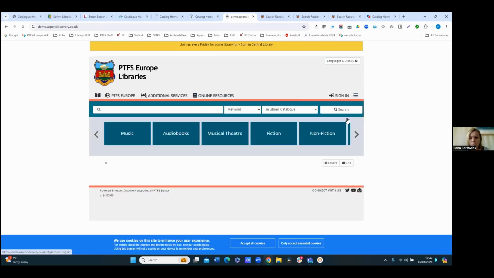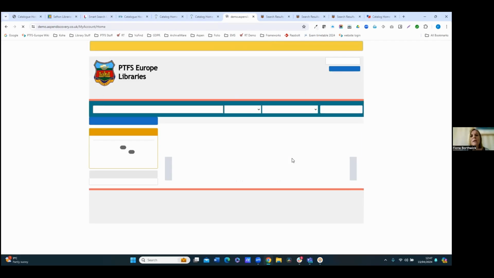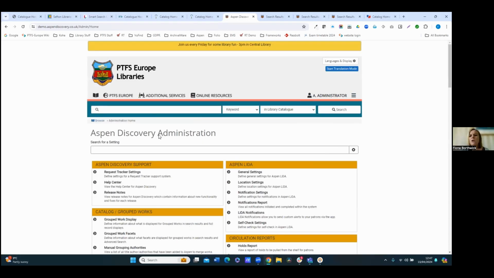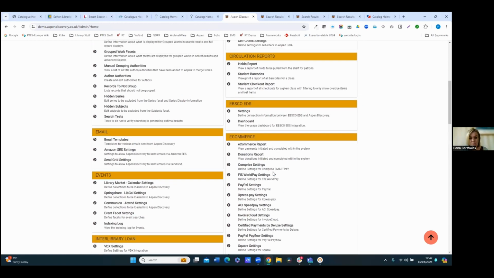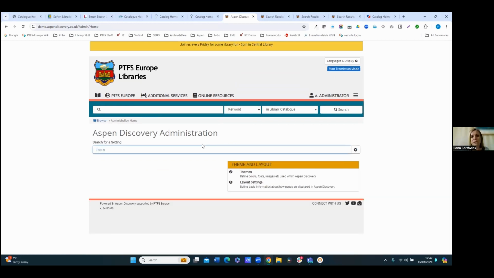So I'm going to sign out and log back in with the administrative login. And now when I go to Aspen administration, you can see I've got a lot more that I can do. So this is a super user that has access to everything. And rather than have to try and find the configuration aspect that I'm looking for, the admin page has a really useful search facility. So I can just search for theme here,